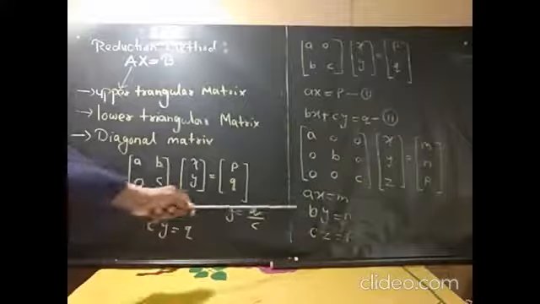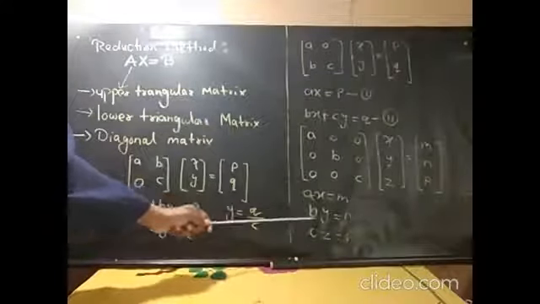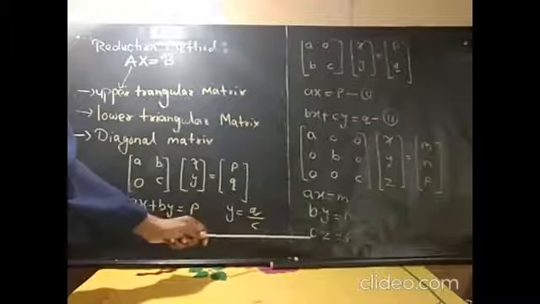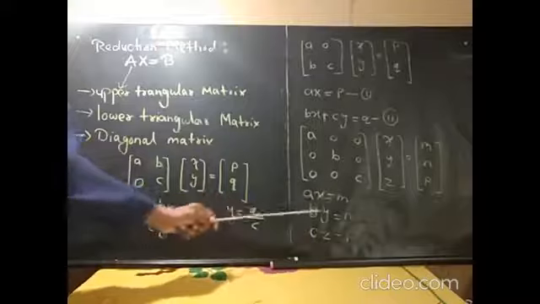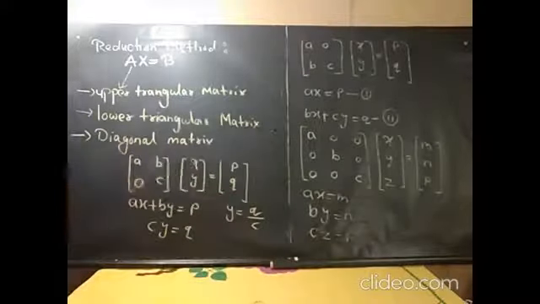It's much more easy, children. You are getting value of x directly from here, value of y from here and value of z from here. Okay, directly we are getting values of x, y and z after converting it into diagonal form. Thus, children, we have learned in reduction method